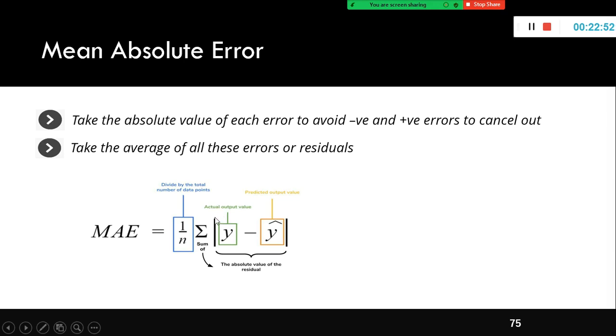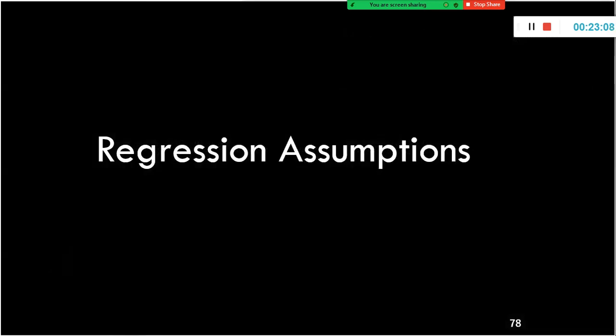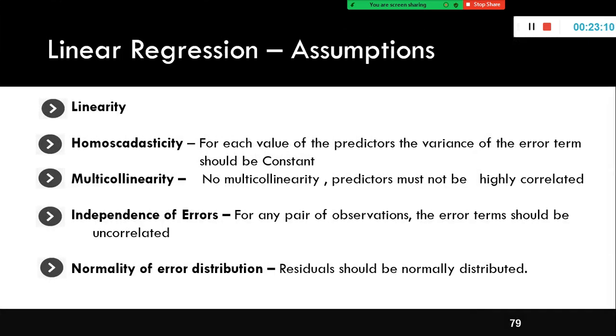Because you are using this pipe, the two pipes mean that even though you get a negative value, it will get converted to positive. You can use either mean absolute error, or mean squared error, or RMSE, root mean squared error. And in linear regression, we discussed what linearity is, right? There should be a correlation between the independent and dependent variable. Any feature that does not correlate with your target variable is not helpful in predicting the target variable.